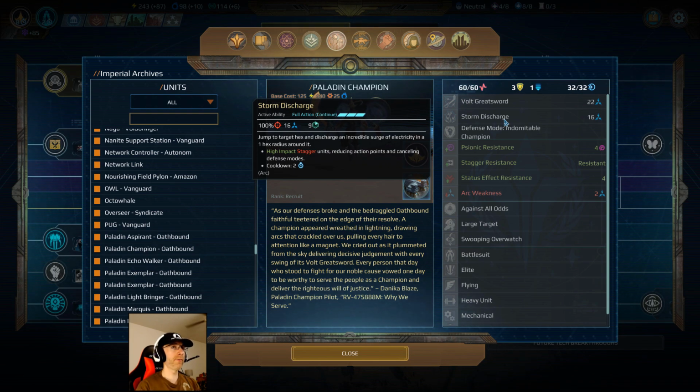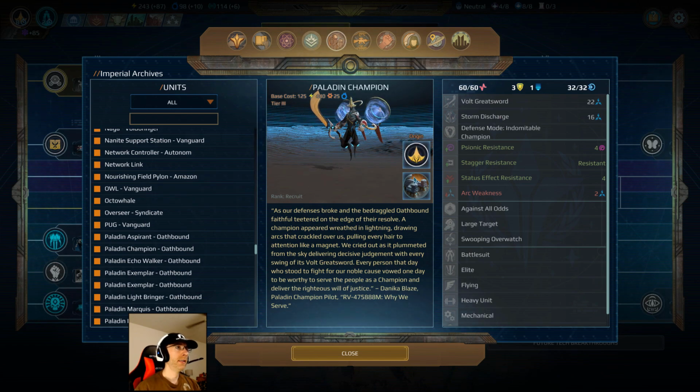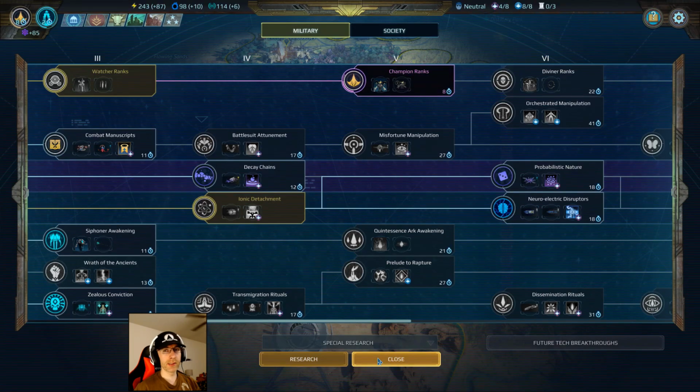So it's a way for the Oathbound to close the gap on people who would normally just try to outrange them. Races like the Vanguard is the one that comes to mind primarily. Possibly the Synthesis, or anyone who's Synembra and uses Malictors, really powerful range units. These guys are a good counter to that. So they do have a useful niche role in the Oathbound strategy, so I probably shouldn't talk them down too much. I will be using them regardless. They're just on the way to